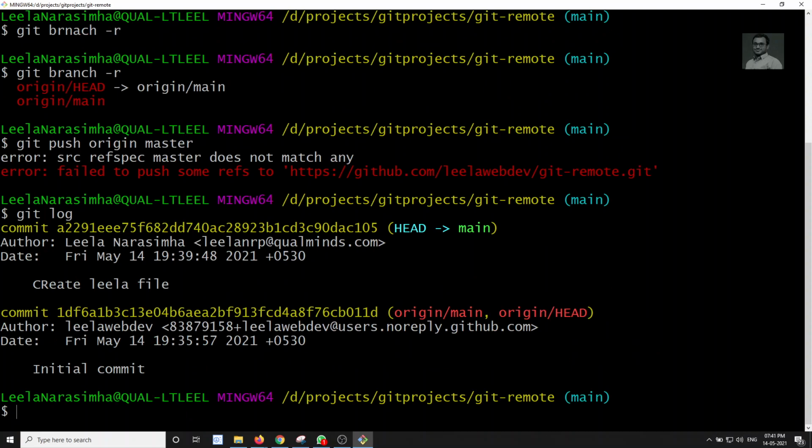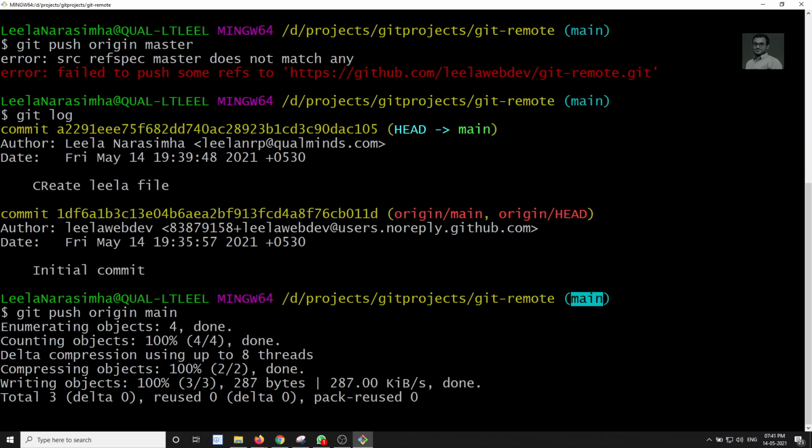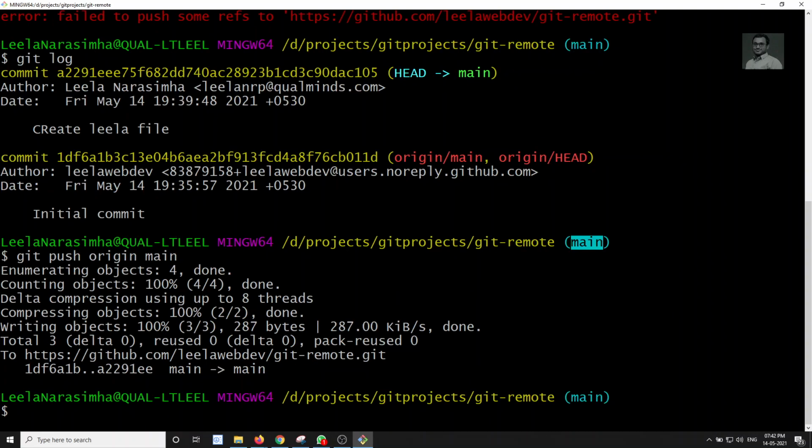We have everything. Let's try git push. Sorry, master is not there, right? We need to push origin main. Sorry, my mistake, we are having main. Old habits, we are following the old habit of master. So now we have pushed to origin main.